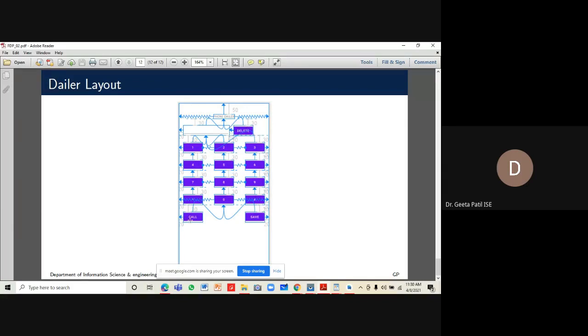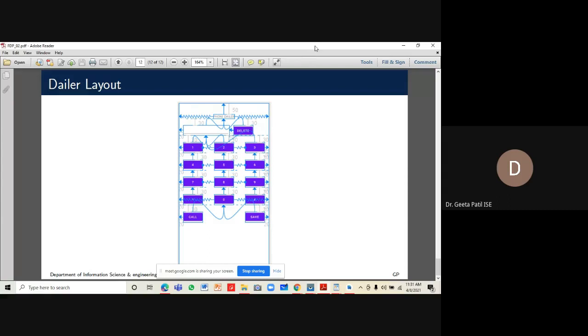And then there is a call button. When we press call, the number in this text view will be called, and with the save button we are saving the contact in our mobile, right? So this is what this application should do, and this is the design layout for it.